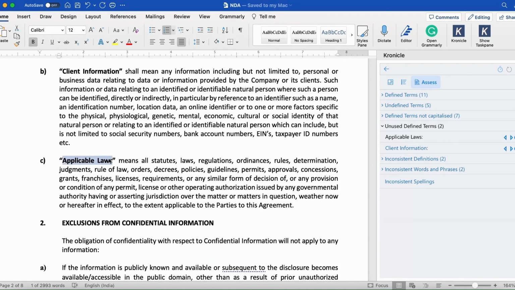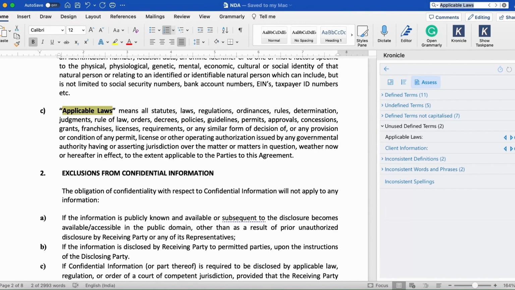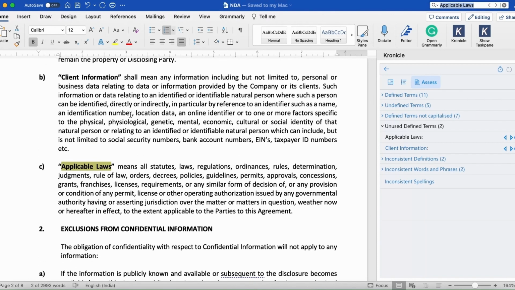So let me just cross check it by doing a Control F in the document. And that's right. I think it is only the one occurrence which is coming as a part of the definition, and the drafter has not used this definition at all in the entire agreement. This clearly means that there is no requirement of a definition called applicable law because it's not being used at all. So a drafter can delete this